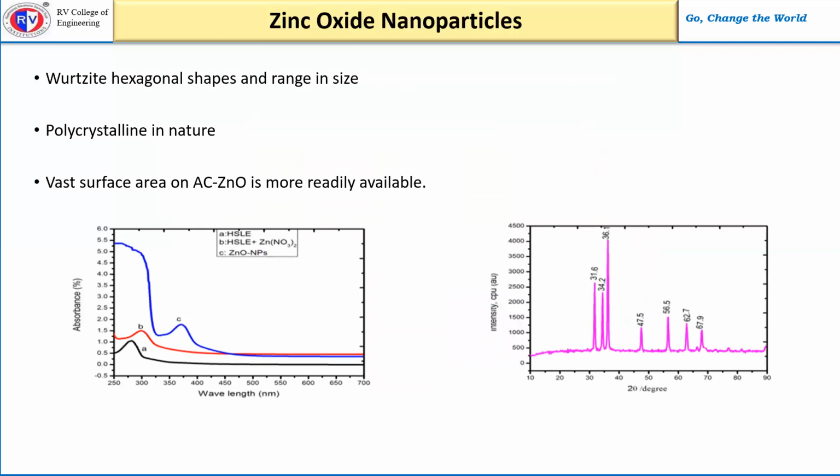Then here you can see the results obtained from FTIR and other methods. The bands are associated with NH groups, amine groups, carbonyl groups, or CH, etc. And the EDX spectrum of biosynthesized zinc oxide particles helps to know the composition. And according to XRD measurements, they found that the shape is wurtzite hexagonal form and particle sizes are between